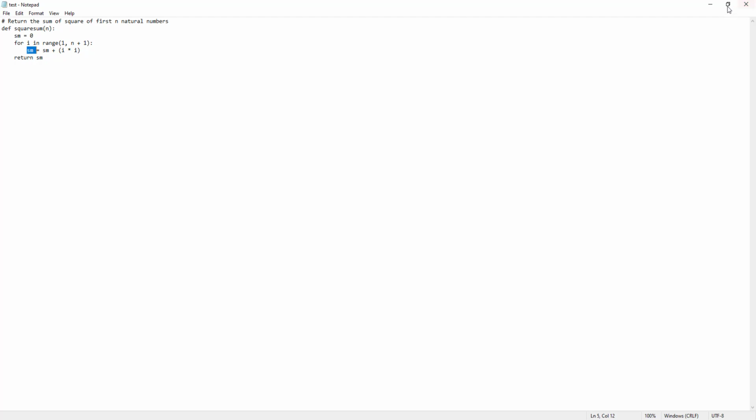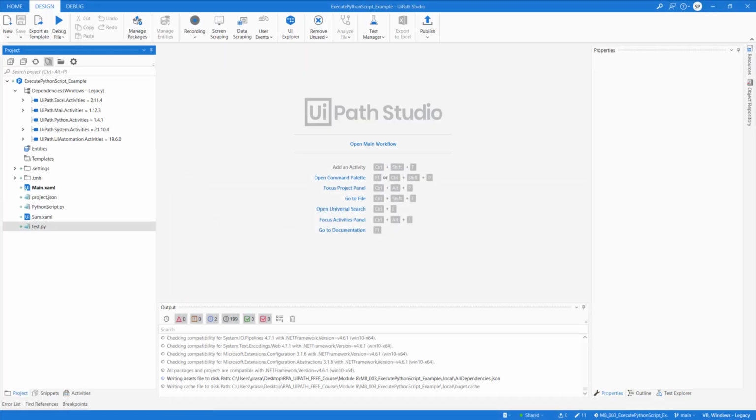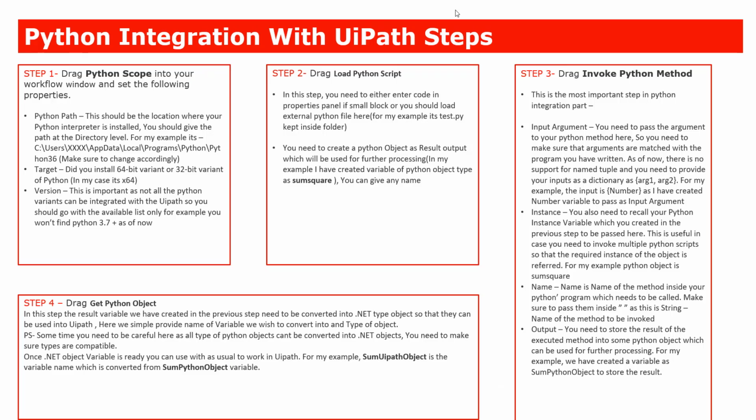Steps would be the same, right? So what steps do we need to follow? First, we need to drag a Python scope into the workflow window and set certain variables. You need to set the Python path, target, and version of the Python. So let's quickly go here.